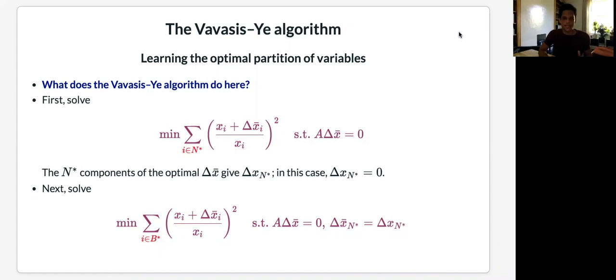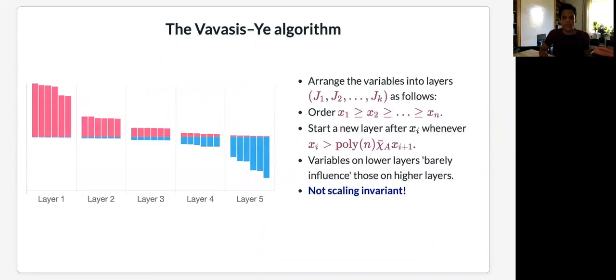And this approach can be extended to multiple layers. So let us sort the variables by primal value, and we create a new layer whenever there's a big gap between consecutive variables. So we can have up to n layers, and then we solve the least squares problem layer by layer. On the primal side, we start with the 5th layer and solve the least squares problem, then based on the optimal solution that we find here, we solve it for layer 4 and 3 and so on. And on the dual side, we do it in the opposite direction. We solve the problem first for layer 1, then for layer 2, and so on.